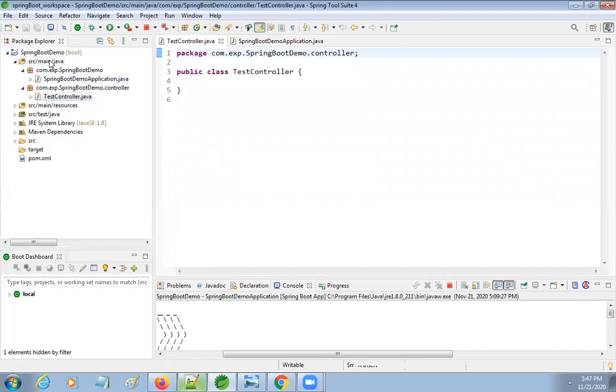If you create it outside, it won't be able to read the controller, even though the classes are present. Your Spring Boot application won't be able to read the dependent classes. That's why if you want to add some more new classes, all should be sub packages of this main package. Now I have created one test controller, but